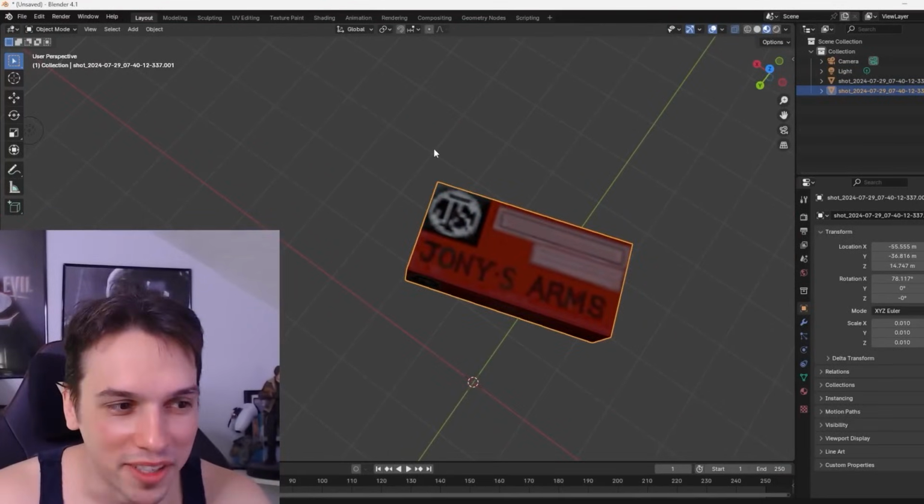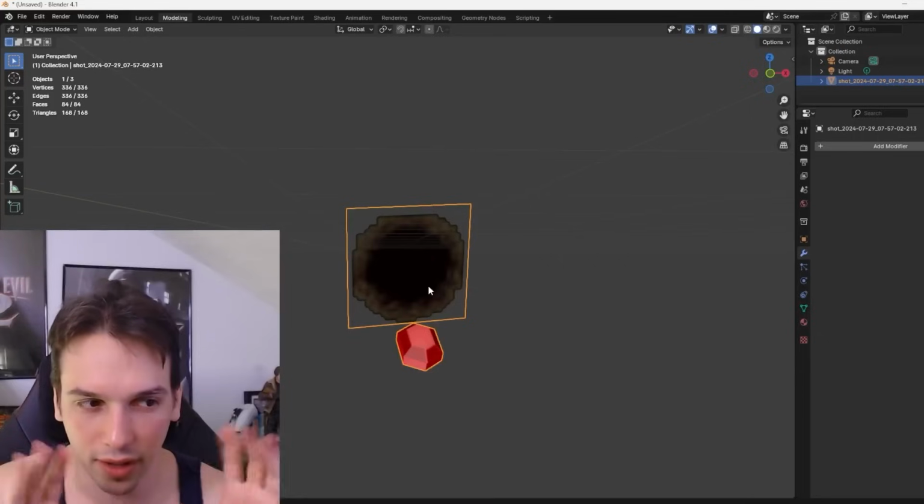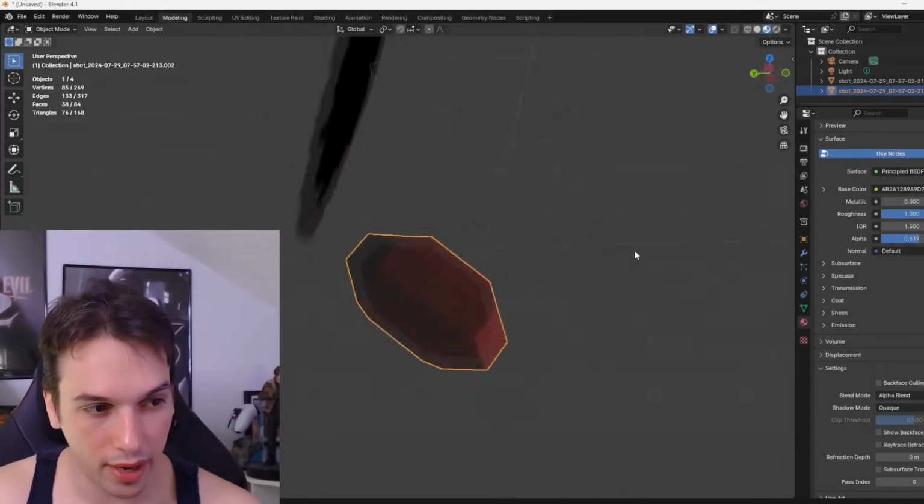Joni's arms. What? Anyway. By the way, if you want to see more of those in-game models that you don't normally get